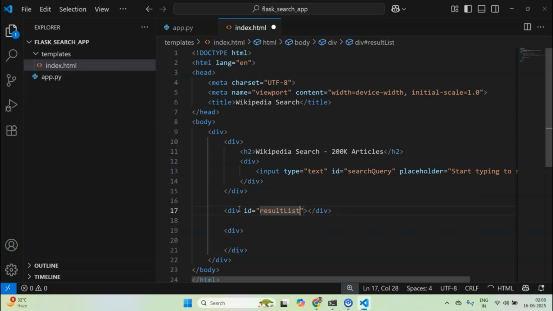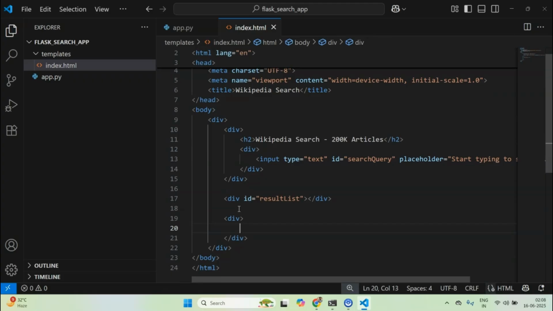Because maybe I'll use it to display the results, and this last div will hold the button. Okay, and button, although at this point it's not required, show more, we can probably have this, but let's just have this setup where we are having this result list, input, and this. Okay, so I hope it makes sense.